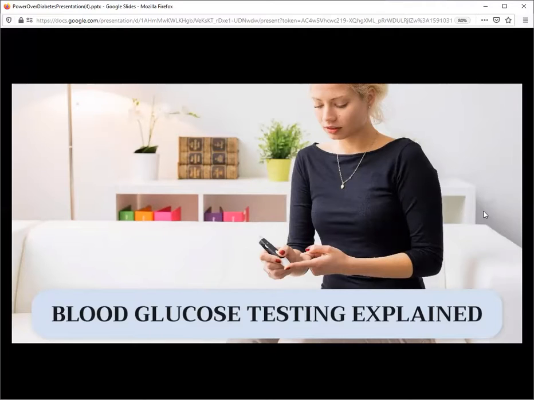Another way to see if what you're doing is working is to do a new set of blood work at the beginning of your program, and that includes a CBC, a CMP, and fasting glucose and an A1C. After 3 months, do another set of blood work and see where your numbers are.